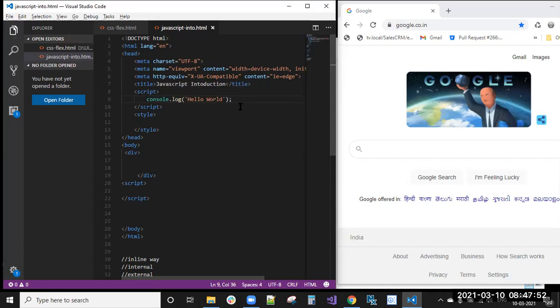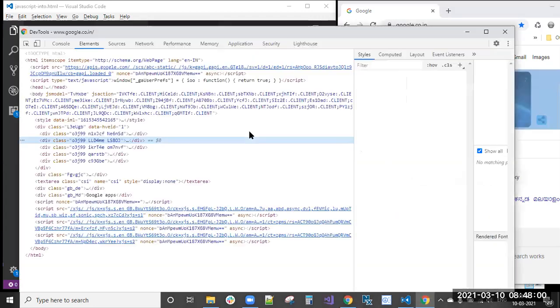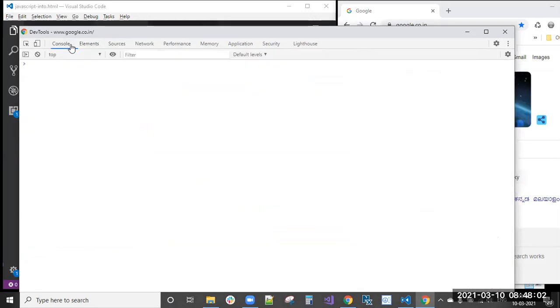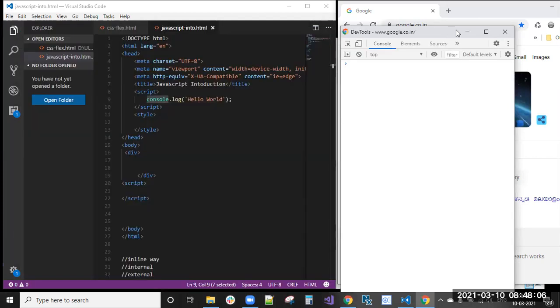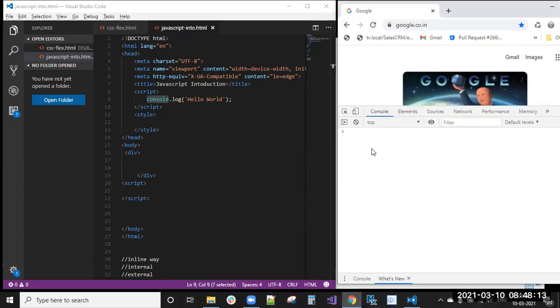So console.log hello world. This console is what we open every time by using the inspect tab. Using this inspect tab, here in the console, you will see this. This console is what we use most of the time in the JavaScript classes. If you write console.log hello world, it will print this hello world in the console. It will show this text in the console.